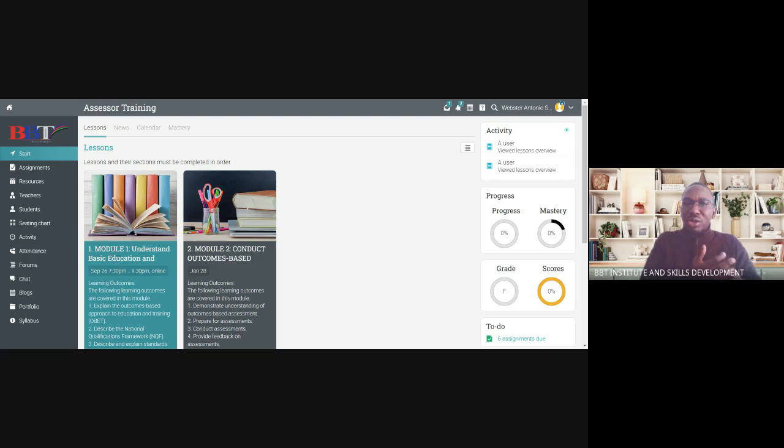Like Assessor is part of the OD, Moderation is part of the OD, Facilitation is part of the OD, so you are exempted. And also your experience, if you are already in education and training, you get credits for the things that you have done prior to these programs, right? So instead of completing the entire course, you end up completing it within a period of 4 to 6 weeks, and then you'll be done with the entire qualification. That is the RPL process that we are busy with. So please take advantage of that as well.